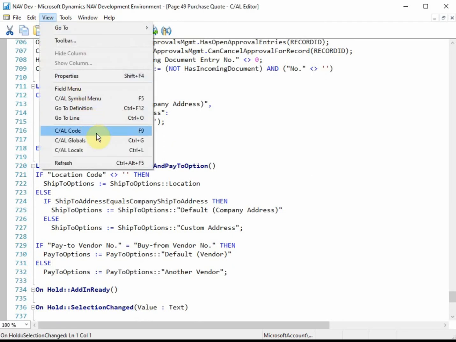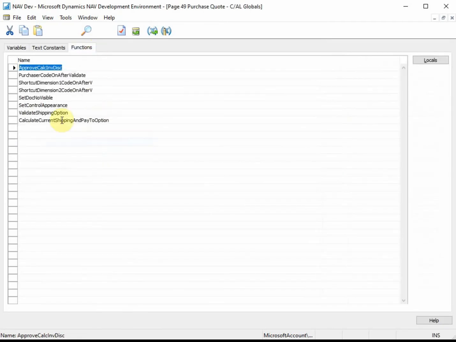Now he will add a new function by the same name to page 49 and reference the code unit to populate it.